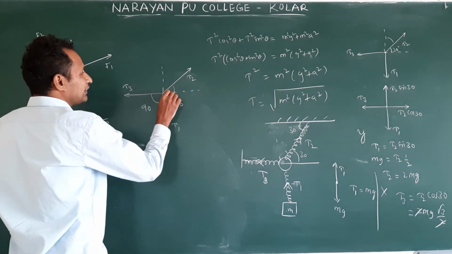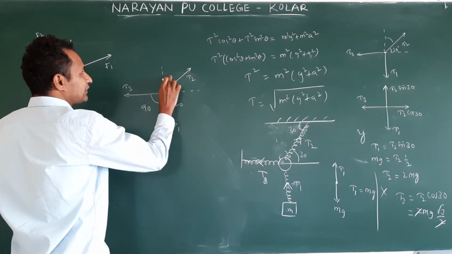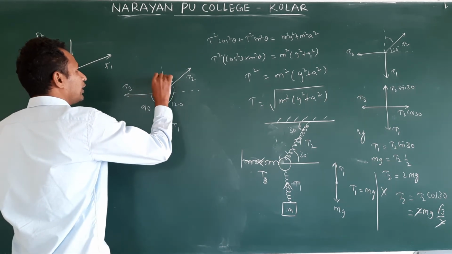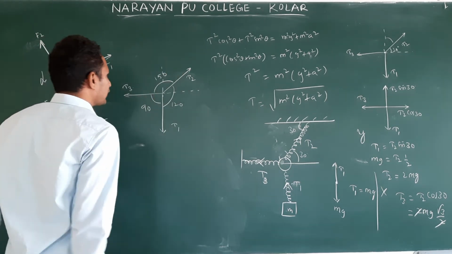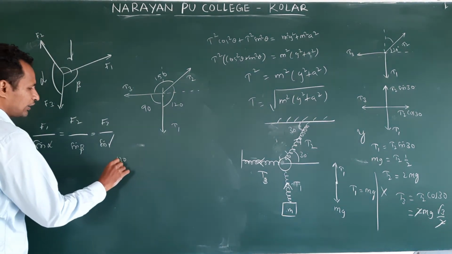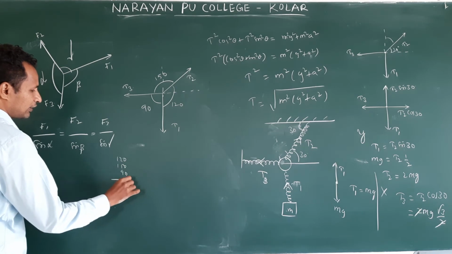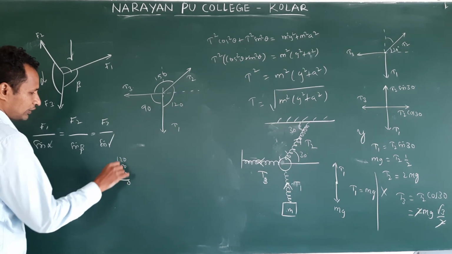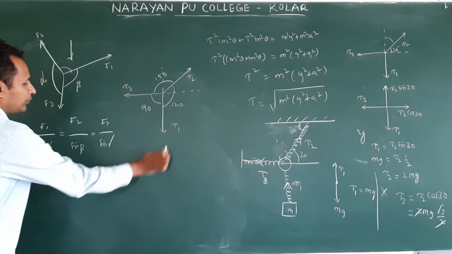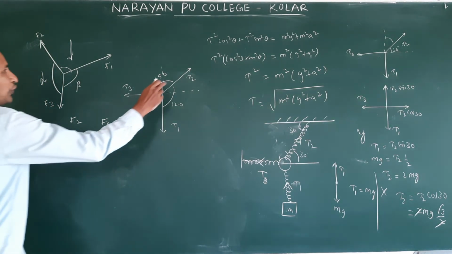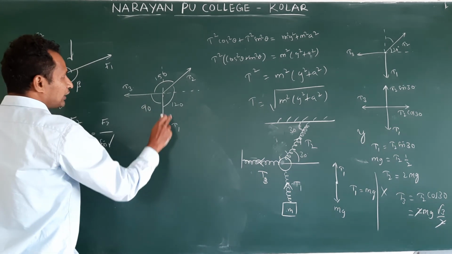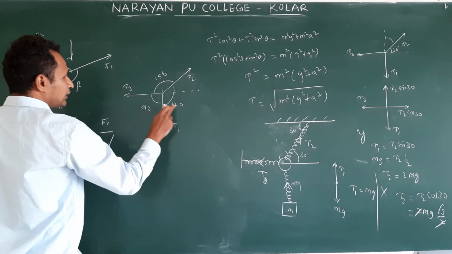This, with the x axis, is 30. This is 60. This is 90. 60 plus 90 is 150. Right? Check it out. Total angle is 360 or not? 120, 150, 90 gives 360. Clear? From this, how do we write? T2 is opposite angle 90, T1 is opposite angle 150, T3 is opposite angle 120.